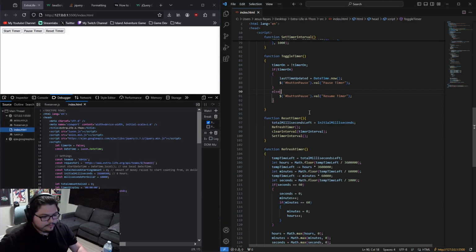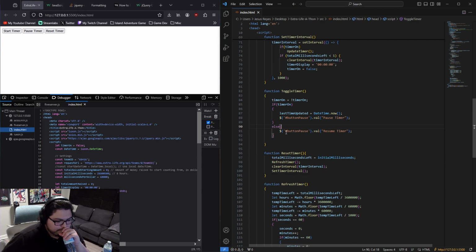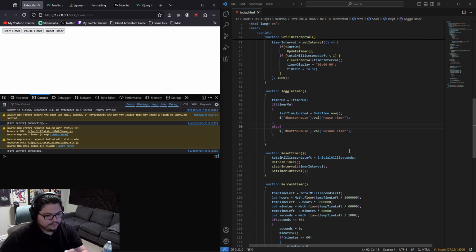Bam. If I pause, okay, well actually if I pause the timer, what happens if I toggle timer on? It won't do anything. Pause the timer. Did it give me an issue timer? No. Oh, there you go. Okay, perfect. Yeah, that is exactly what I want. Now, I don't know why I didn't do it the first time. I see, I clicked on it. Oh, which makes sense because